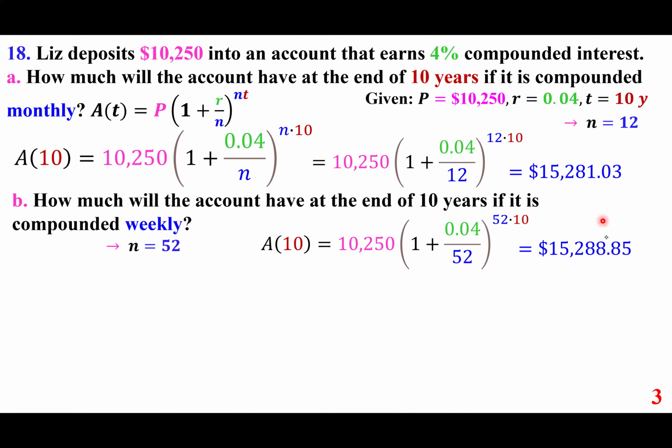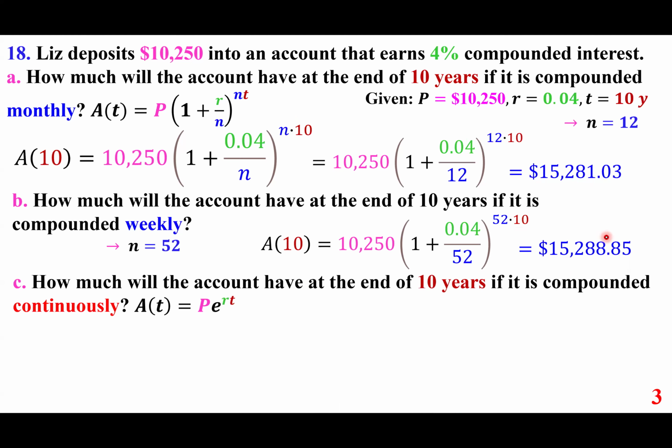$15,288.85. It's more because it's compounded more often. How much will the account have at the end of 10 years if it is compounded continuously? The formula, as you recall, A(t) is P e to the power of rt,